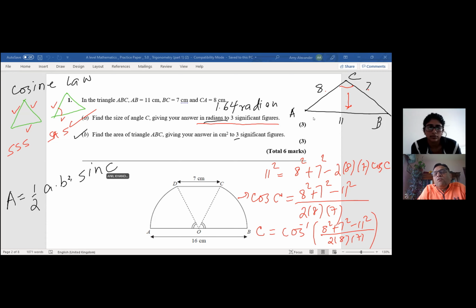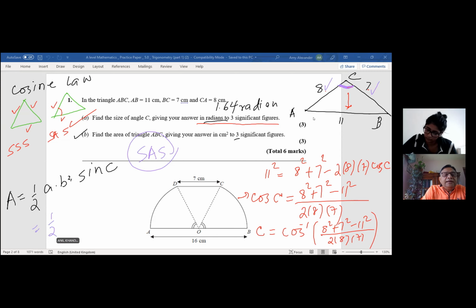So basically, whatever angle is given to you, we are looking at the angle given, right? So that becomes the included angle. And the two sides, SAS case. So we are actually looking at SAS case. Side angle side. So those are the two sides of our interest when we use the half ab sine C formula, right? So that equals half of 8 times 7 times sine of the angle, which we just found, which is